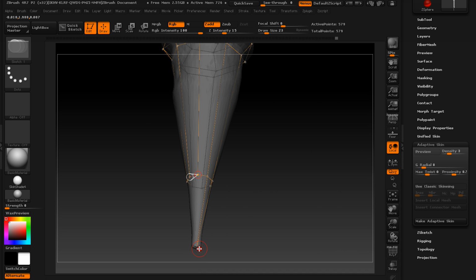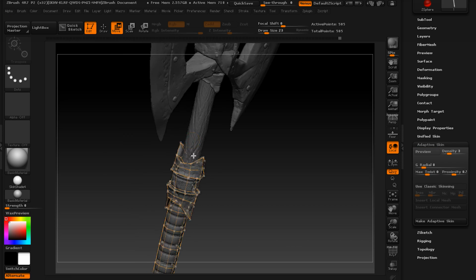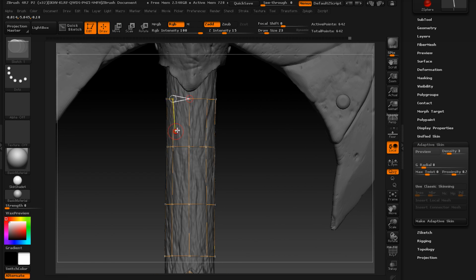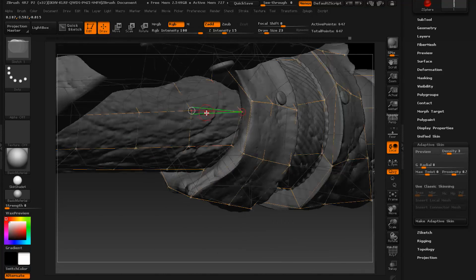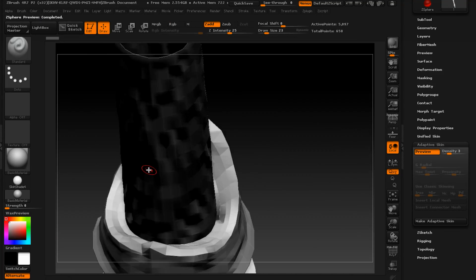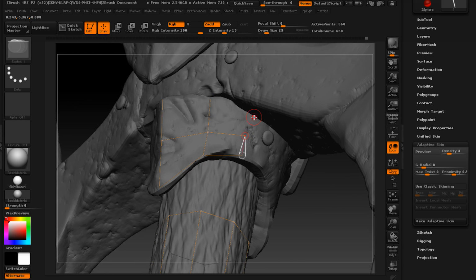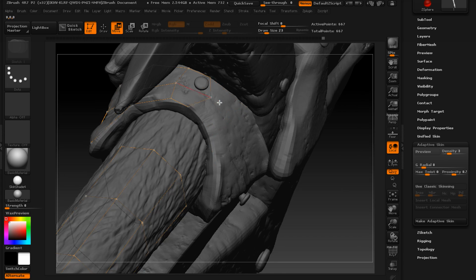For example, as you can see happening on the screen, this entire part that is round in shape, I can just use circular symmetry with 8 sides to effortlessly create a polyflow that encompasses the central side of the